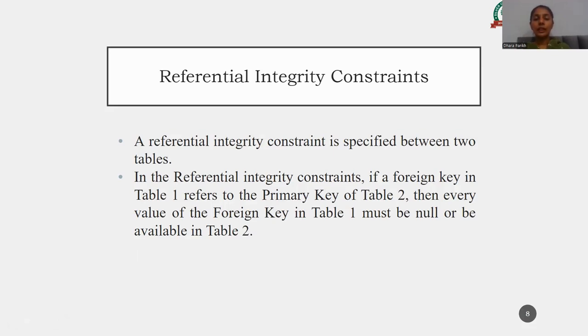So the referential integrity constraint deals with the concept of the foreign key and the primary key. As in the last constraint, when we have to uniquely identify rows with a particular ID or column, we create a primary key in our table.